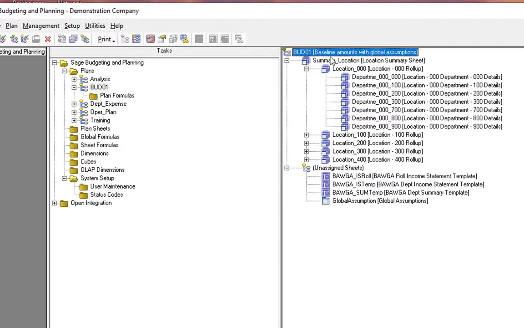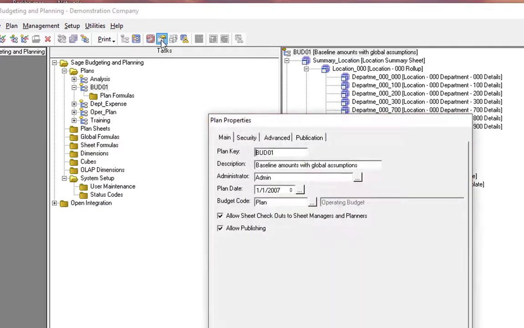Bud 01 is an interesting name, but it may not be that helpful for you in your environment. So I just wanted to make you aware that it's very simple to change these plan names. If we select, first of all, the Bud 1, then over here in the detail pane, select Bud 01, the plan here, we can look at the properties of our plan. And here we can see that the plan key is Bud 01 and its description. And you're free to change these here. So if we're doing this for fiscal year 2007, we might want to actually name it 2007 budget, and then